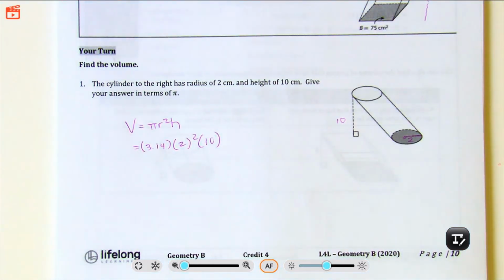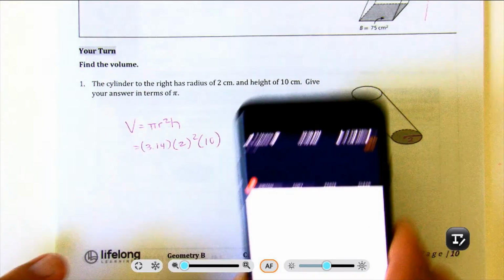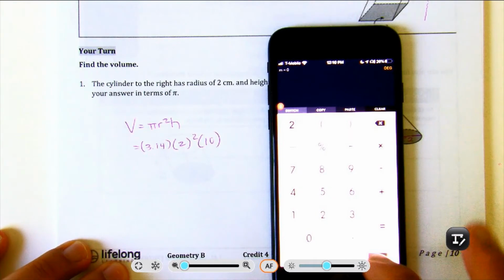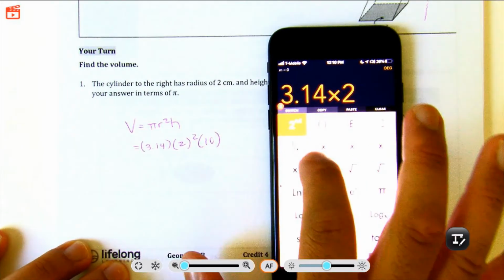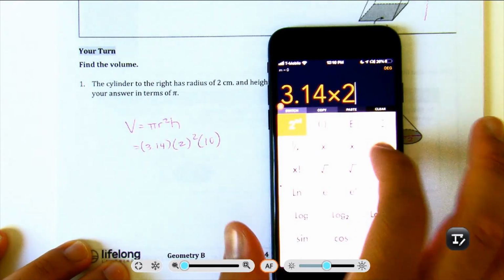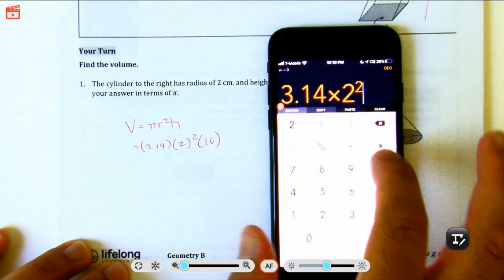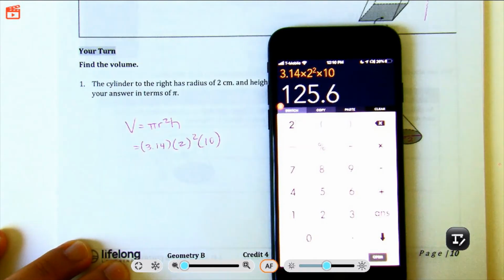So now with your calculator, you're going to type all of this to find your solution. On my calculator, I have 3.14 times 2 squared times 10 gives me 125.6